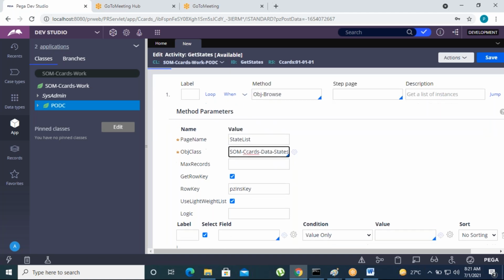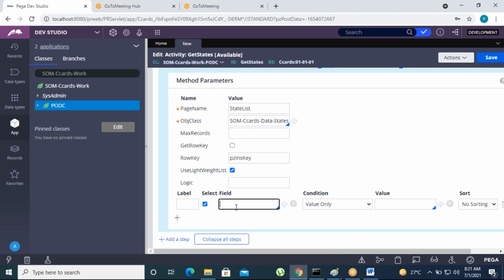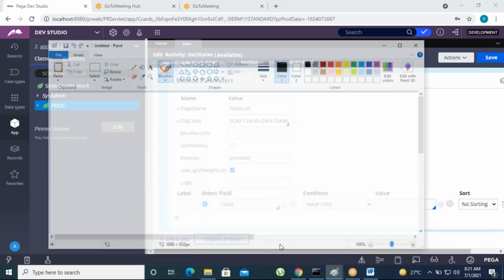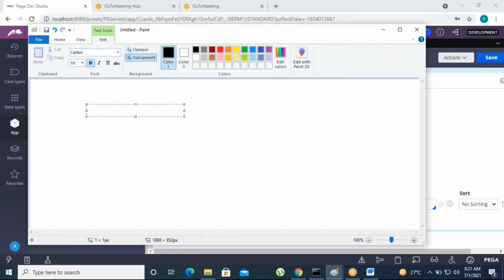Here uncheck the get row key, and then here we need to pass the columns, that means state. The query is like that, right? Suppose we're retrieving: select star from table, the table name is some employee table, where EMP ID equals 20.